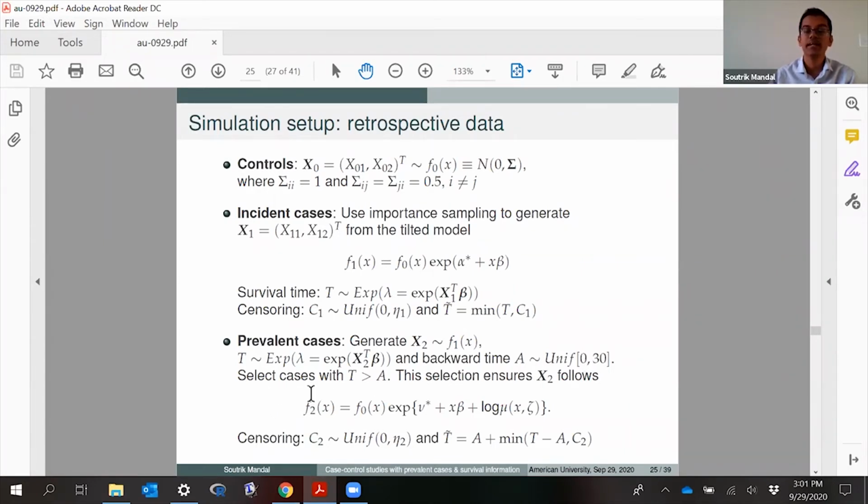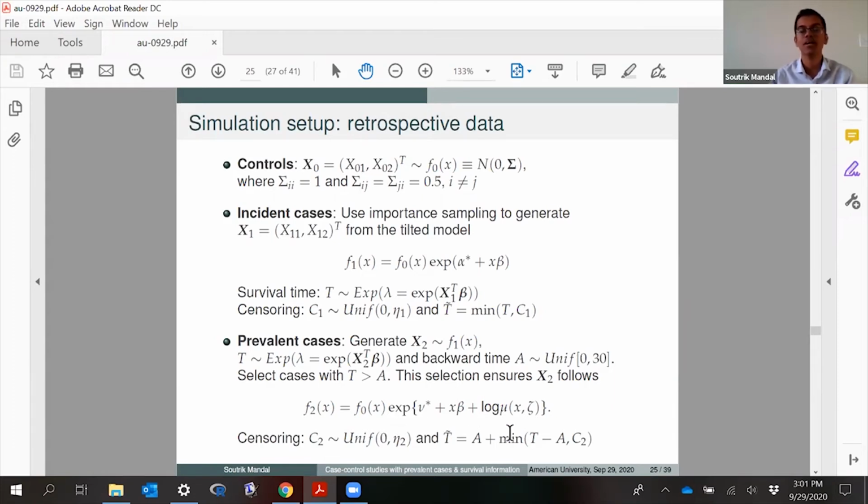And we select those cases with t greater than a. So we only observe prevalent cases when survival time is greater than backward time. Once we do this selection, it ensures that x2 is now tilted according to its correct tilting model,